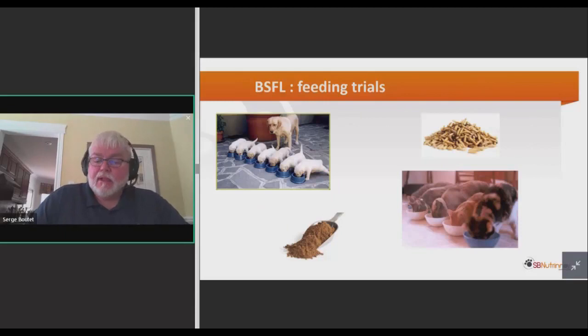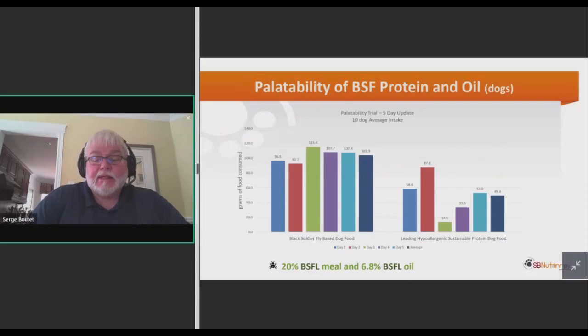Now let's look a little bit at last feeding trials that were done, some very recently with dogs on the palatability of the black soldier fly protein. So here we see the results were calculated just last Friday, so it's pretty new. It's foods with 20% black soldier fly larvae meal and 6.8% of the oil. So acceptability of the food with black soldier fly larvae is very interesting compared to a leading hypoallergenic vegan formula